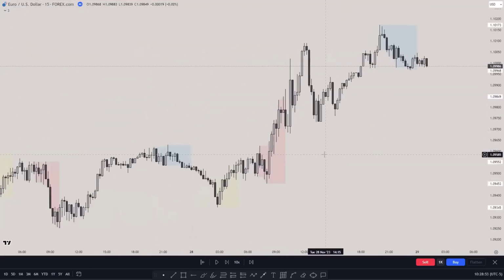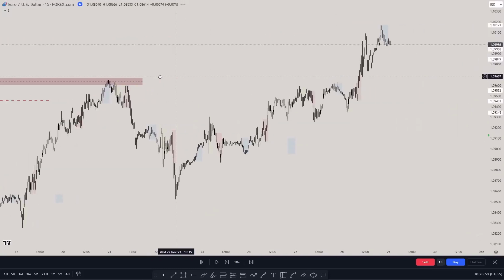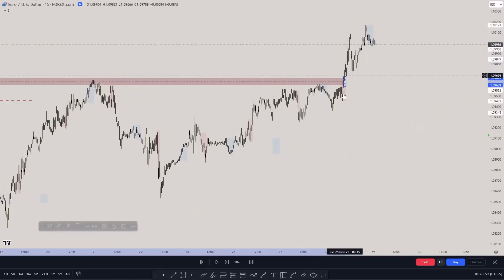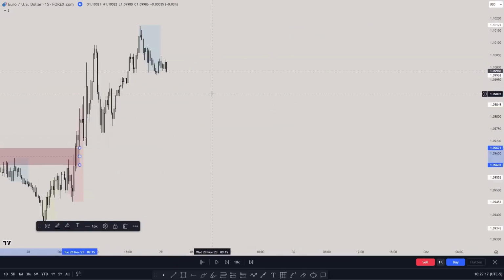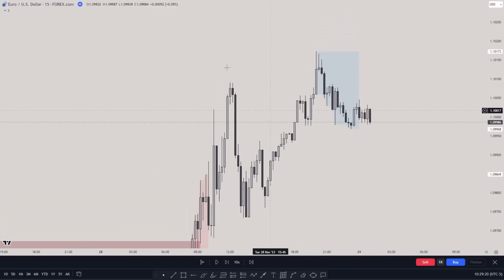Now going to the 15-minute time frame, we can simply see that, okay, this is my daily fair value gap. It was right here, and price went up a little bit. Now I'm expecting price to go lower because there are some other fair value gaps on the 4-hour that are above the daily fair value gap, and we are still in a daily bearish order block, so price could go lower. And I was waiting for any reversal from this point.